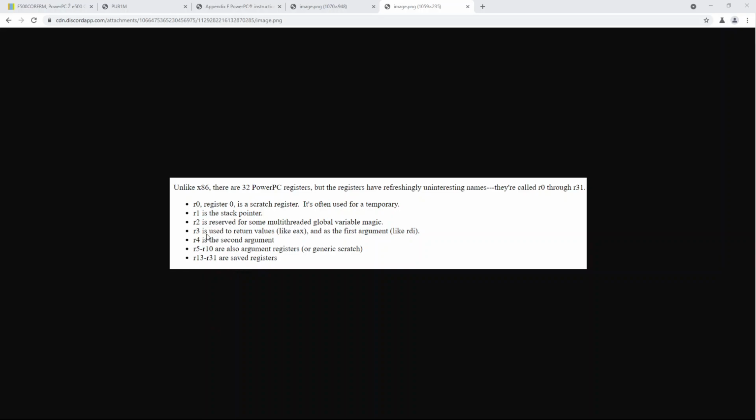So R3 usually returns the values. Again, don't change too much with it. I mean, you can somewhat use it, because the return values are going to be changed right before a function ends. So you can somewhat use it more than R4 to R10. But again, if you can use R12, if you really need multiple registers for your Gecko code, use 13 from